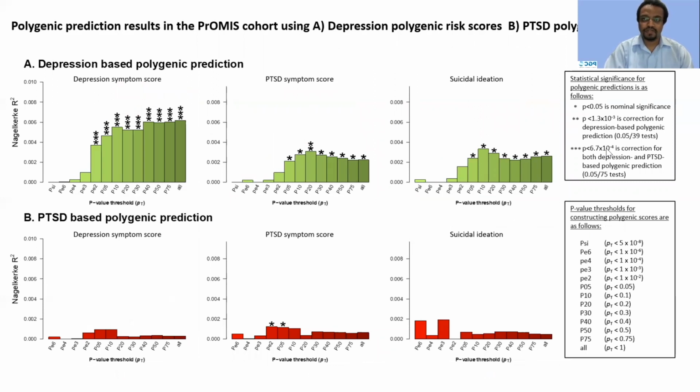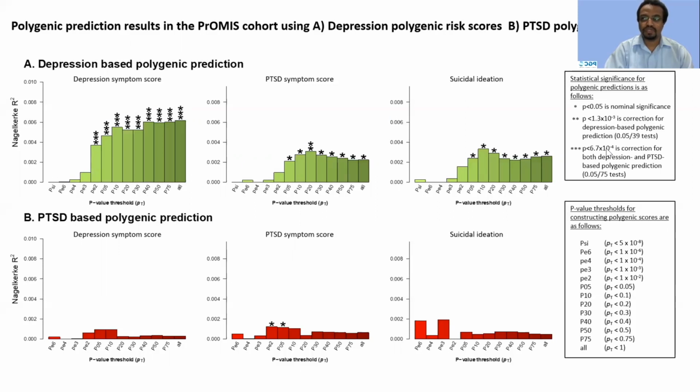Here are the results of the polygenic risk score prediction for the 3 phenotypes. The top panel uses depression-based polygenic risk scores, and the bottom panel shows PTSD-based polygenic prediction. As I mentioned, we used summary statistics from the PGC depression and PTSD working groups. The main finding here is, as one can see from the top panel on the left side, depression PRS